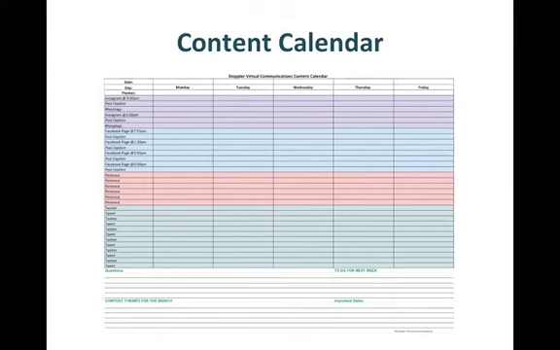And bottom line is that whatever tool you use, or scribbler or whatever it is, you want to make sure to include the frequency of posts per week and the time of day that you're going to post. You want to leave room for that caption or description so you don't have to think about it at the time of posting. It's already done. And by doing this, it's really nice to be able to copy that text at the time of the post so I don't have to think about it.